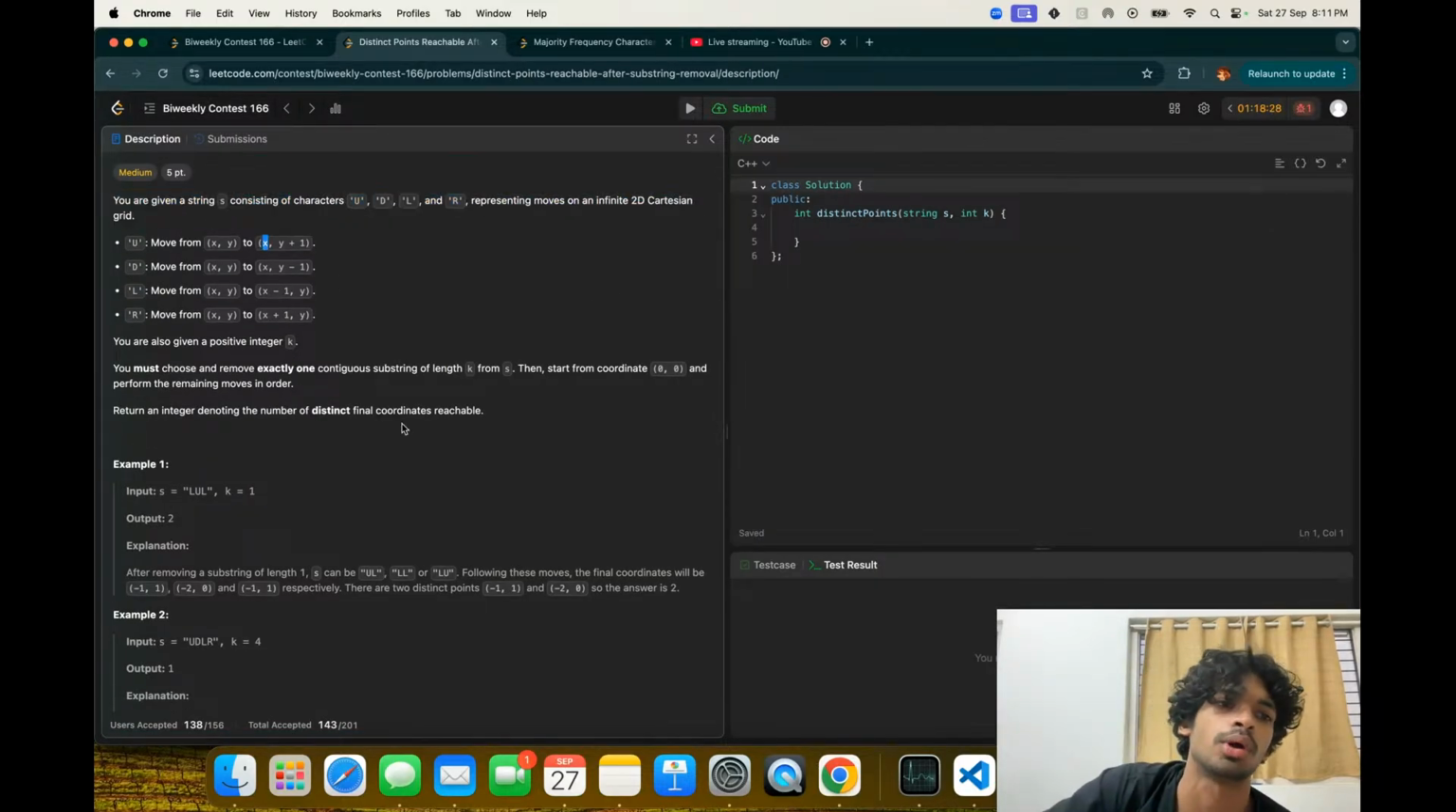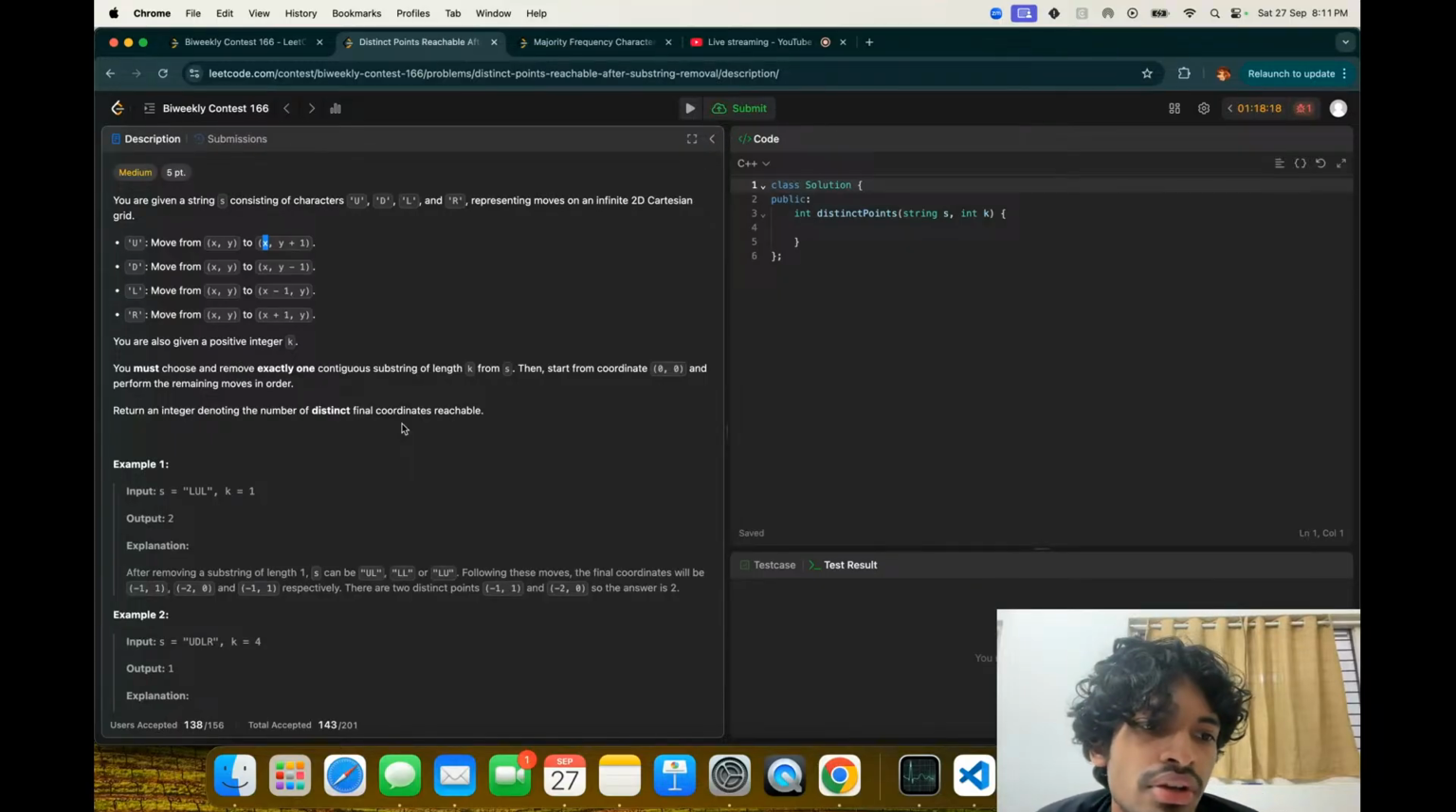Let's try to read this problem. You're given a string S consisting of characters U, D, L, R, representing moves on an infinite 2D Cartesian grid. You're also given a positive integer K. You must choose and remove exactly one contiguous substring of length